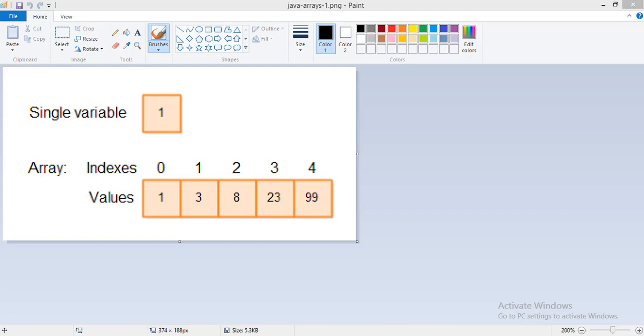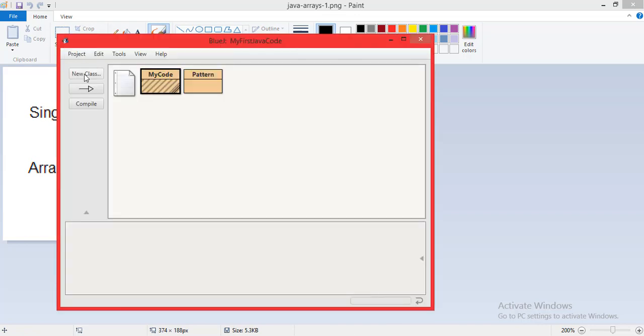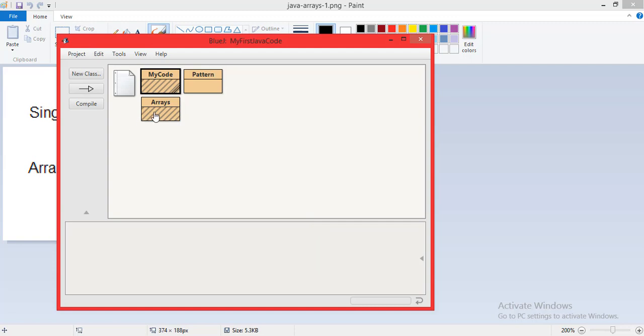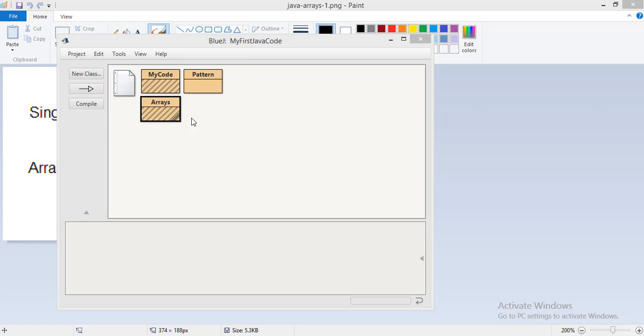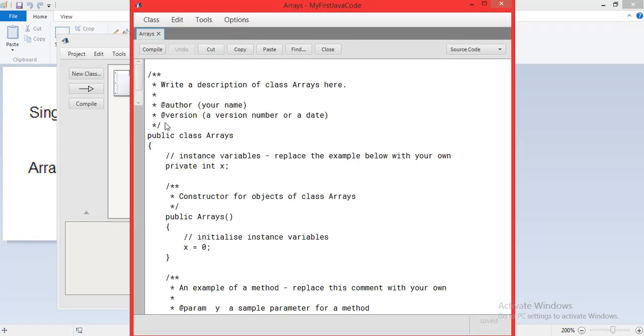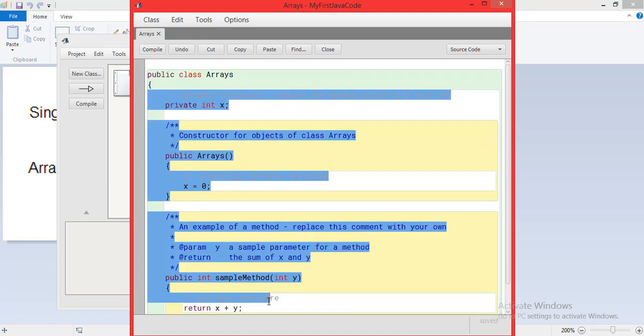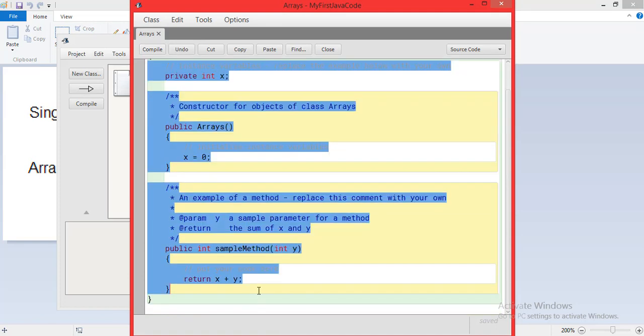Let's try to create an array here. I'll go to new class and write the name as array and click OK. Fine, so I got this code. I just open the editor out here. Okay, so we got lots of code here. We'll just remove them and remove these as well.